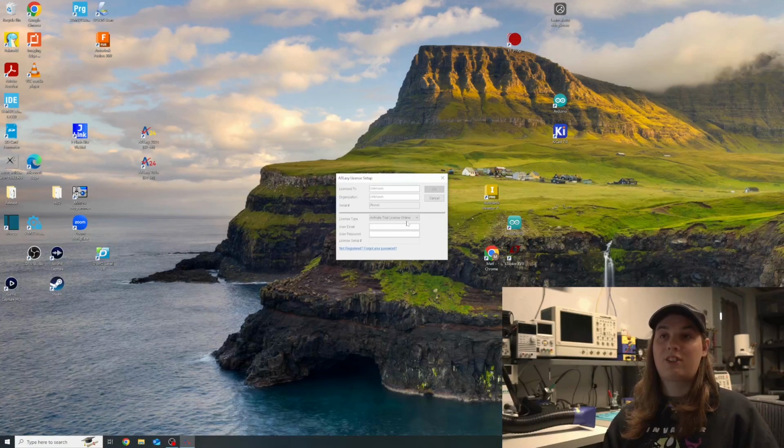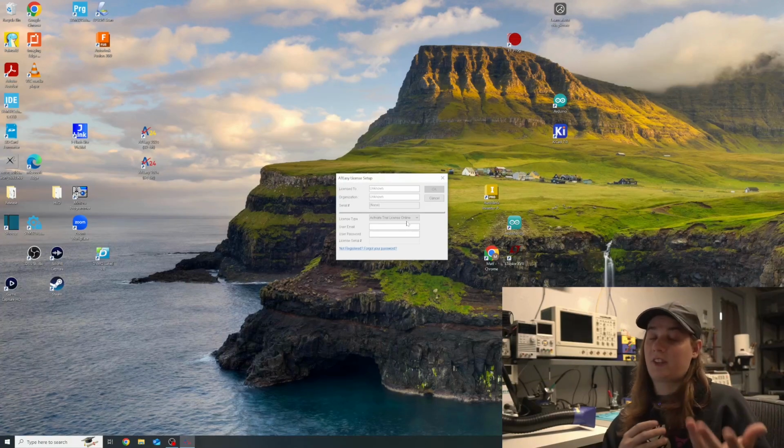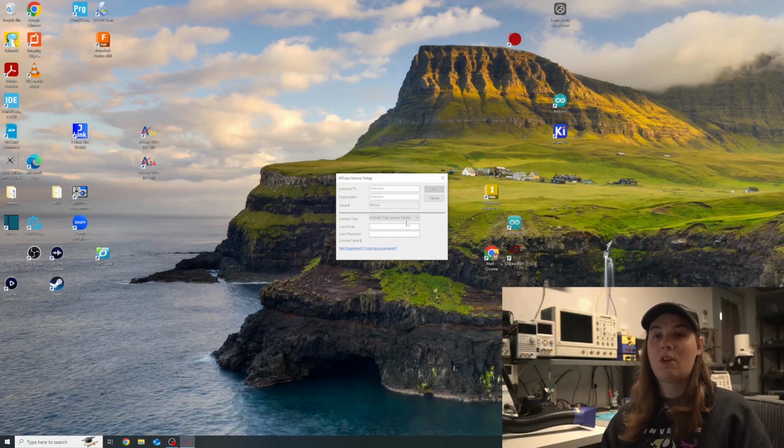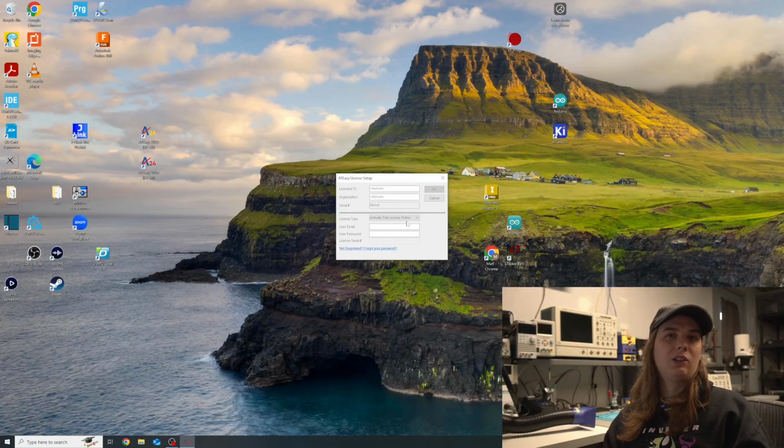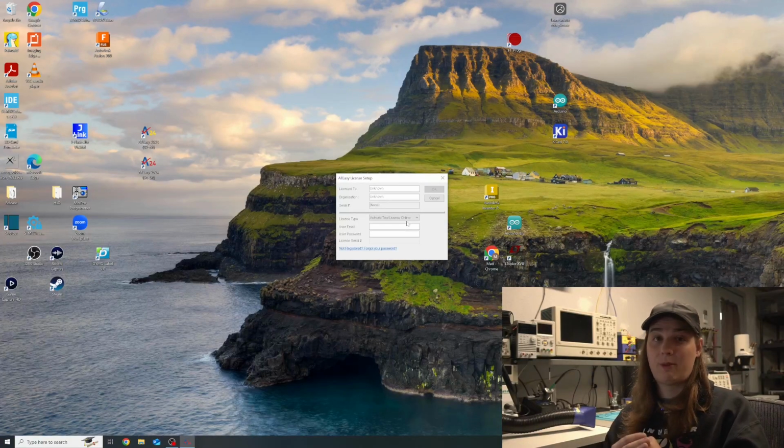One of the great things about Marvin Test is that, at least back when I took the class with them, they're pretty flexible with these trial licenses, where you just shoot them an email and they'll extend it for you if you need a little bit longer to try it out and make sure it's what you want to buy. One of the notes about the trial licenses is the only real limitation with it is you